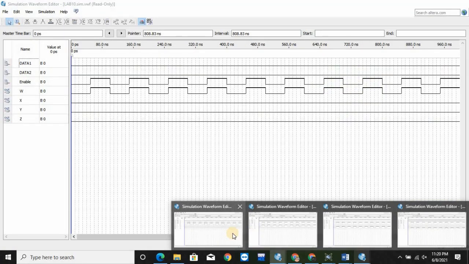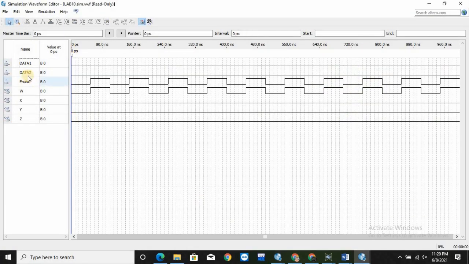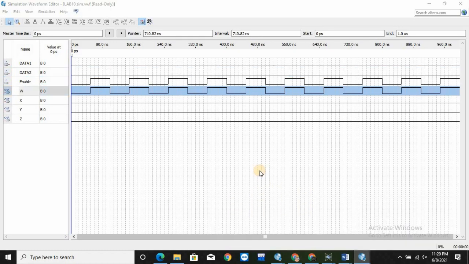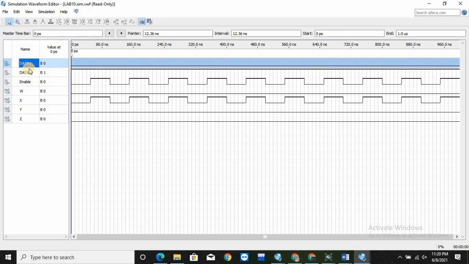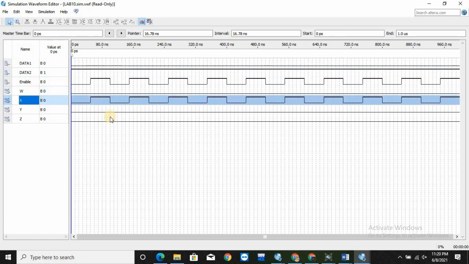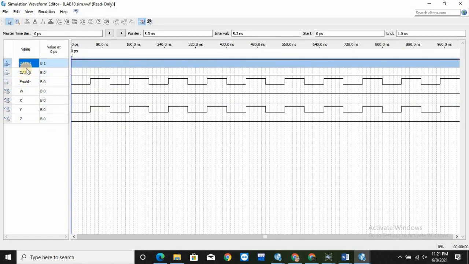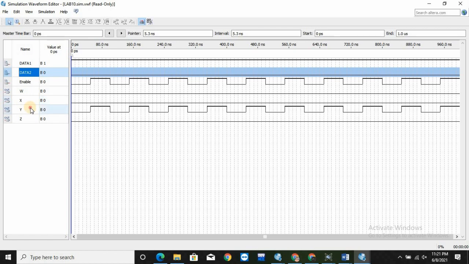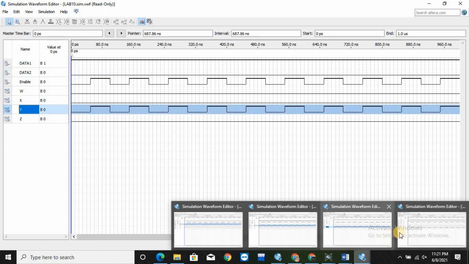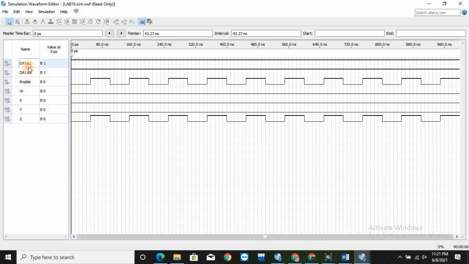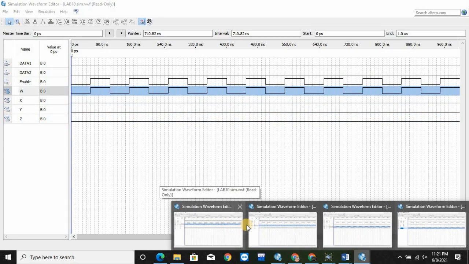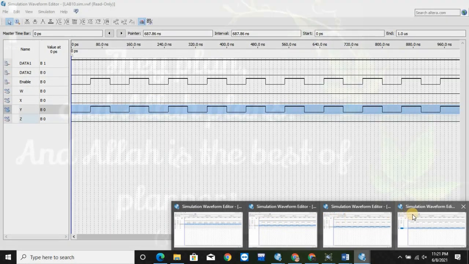For 00 you can see right here we are getting our output at W, for 01 we are getting our output at X, for 10 we are getting our output at Y, and for 11 we are going to get our output at Z. So basically changing the selection line changes the place where this wave will be reflected, the port number.